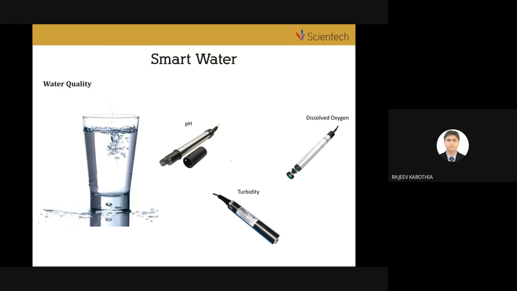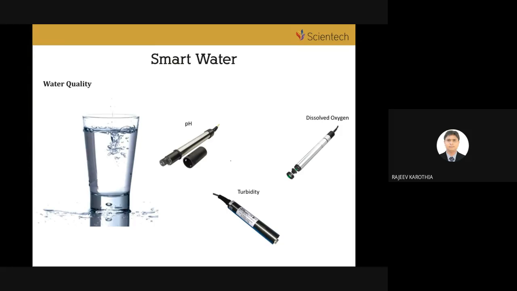So you can use pH sensor, dissolved oxygen, turbidity. Some other sensors are also there. So conductivity is there, hardness is there. So you can measure the quality, and this water quality plays an important role in agriculture also. If you have wastewater and you give this wastewater to your crop, then you will not get good quality of crop. So you can make some application relevant with water quality analysis, like wastewater management is also there.